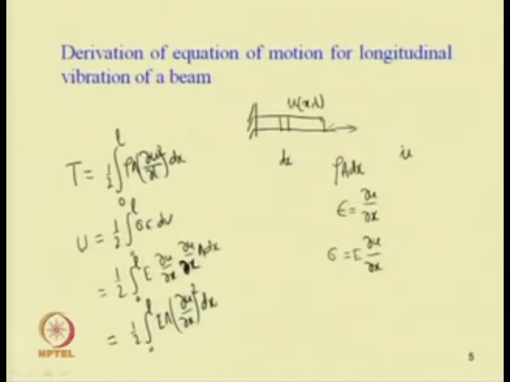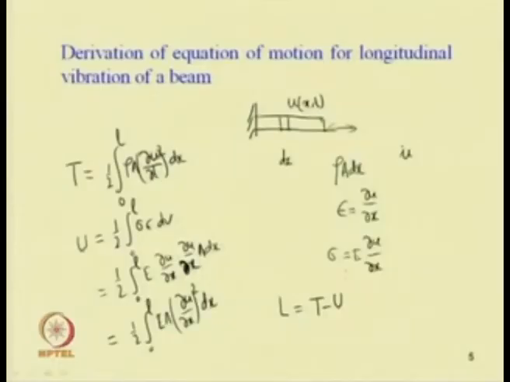Now, considering no force acting on the system, let us first try and find the free vibration of the system. In this case the Lagrangian of the system can be written as T minus U. So, this is the expression for T and this is the expression for U. One can use the Hamilton principle to derive the equation of motion. As in this case no force is acting on the system, the extended Hamilton principle reduces to the Hamilton principle, which is generally applied for a conservative system.